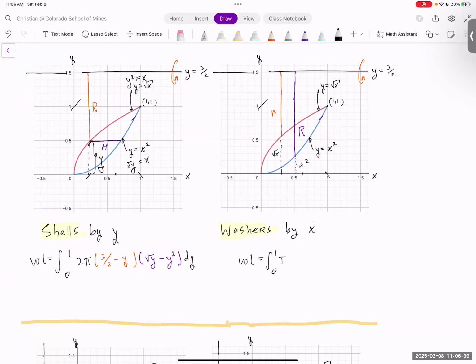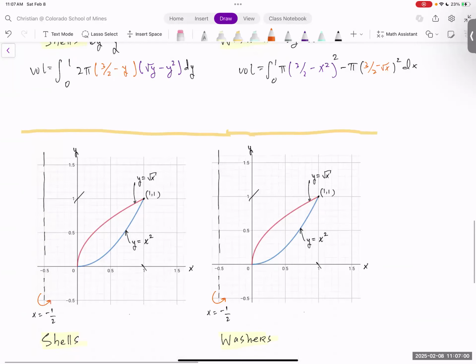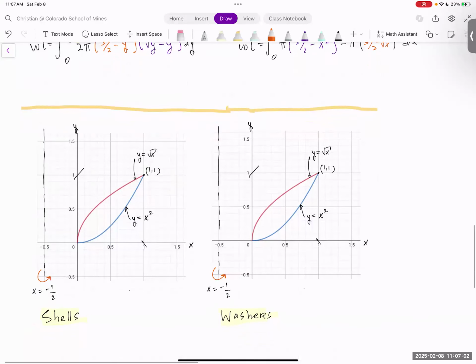So we'd have pi big R squared. The big R is 3/2 minus x squared, and we're going to square that, minus pi little r squared dx, and the little r is 3/2 minus root x. And then the last one,